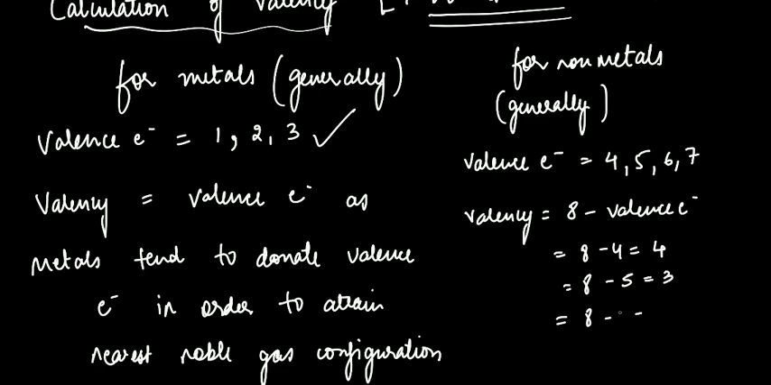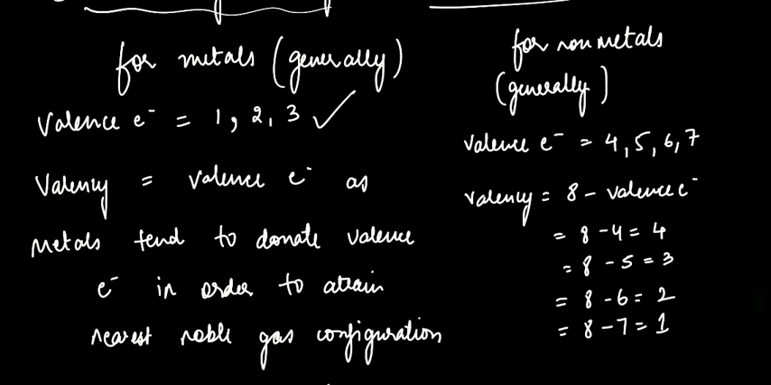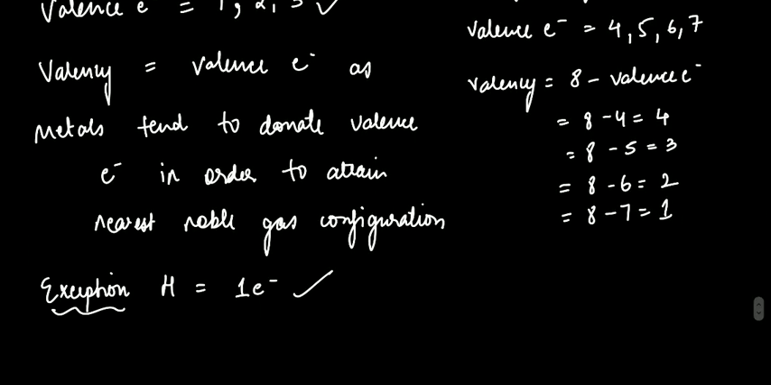3 valency. 8 minus 6 is equal to 2 valency. 8 minus 7 is 1 valency. Now what about noble gases having 8 electrons in their outermost shell? So valency is 8 minus 8, that is 0 valency, that is for